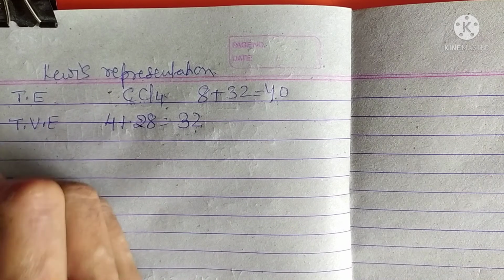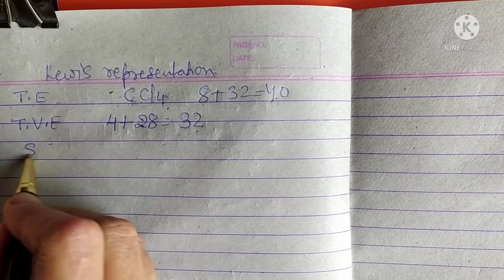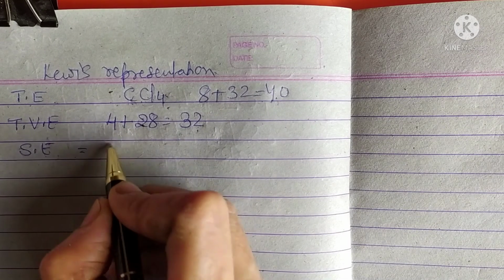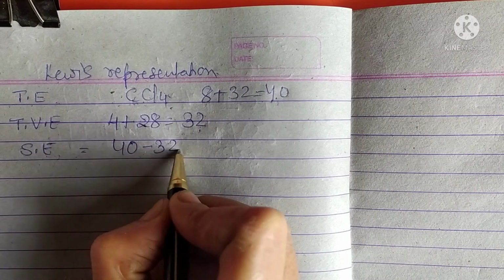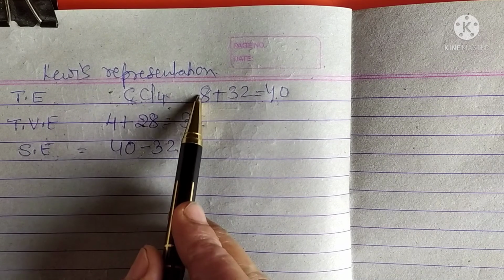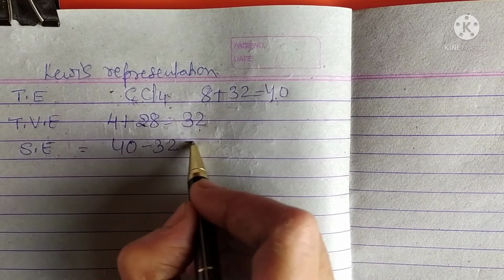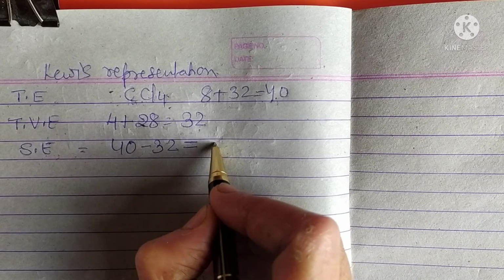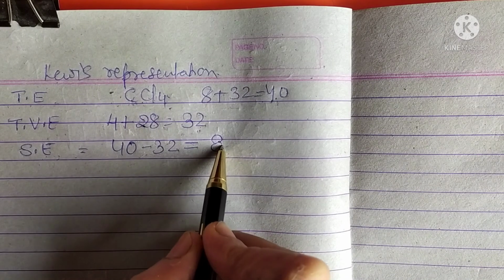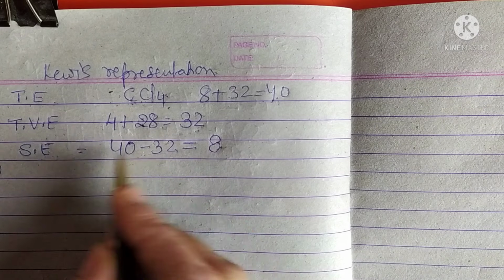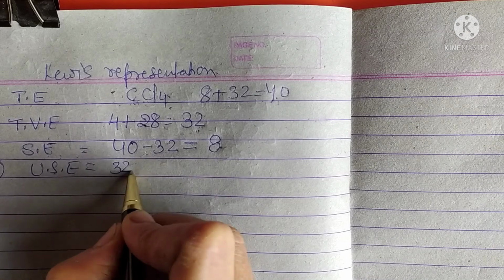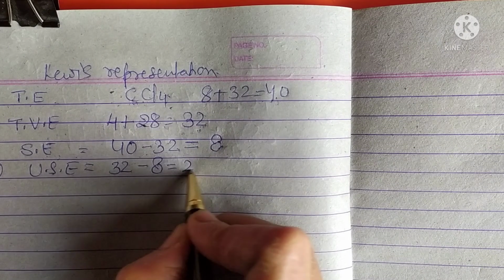Now we will find out the shared pair of electrons. For shared electrons, these are not paired, these are shared electrons, we have to subtract this 32 from 40. Means we have to subtract the valence electrons which they actually have from the total number of required electrons, and this will give us the number of shared electrons. So it will be 8. Now out of the 32, 8 are involved in sharing, and the remaining will be unshared electrons. So unshared electrons will be 32 minus 8, it will be 24.